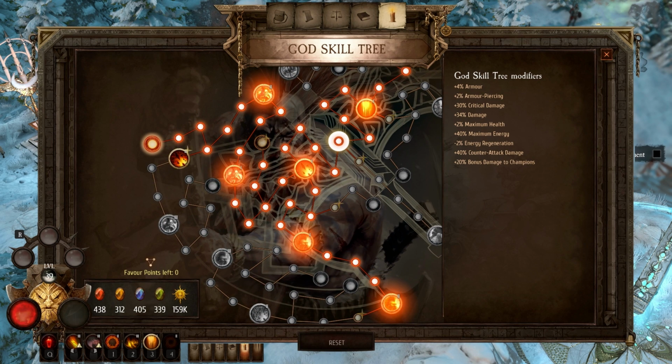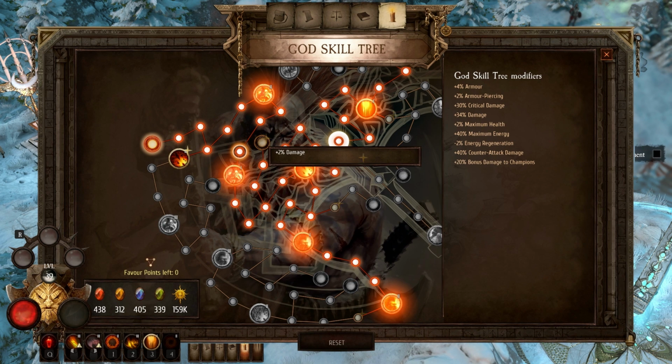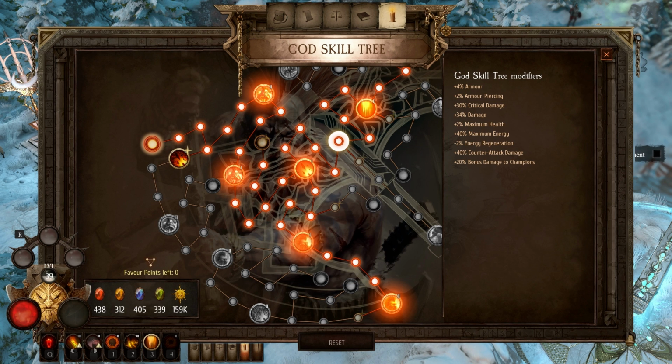What I chose to do was then go back and go through here, and I'm not using this passive, but I might in the future. Just keep going, and you're going to unlock bonus damage to champions. You'll be getting bonus maximum energy, which is great for the Whirlwind. There's another one here, and then keep going, make a right turn, and then here you'll get plus 10% damage